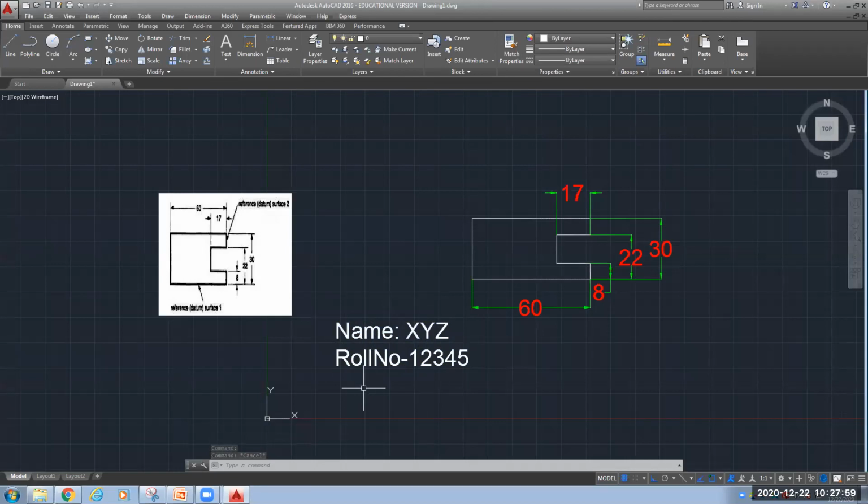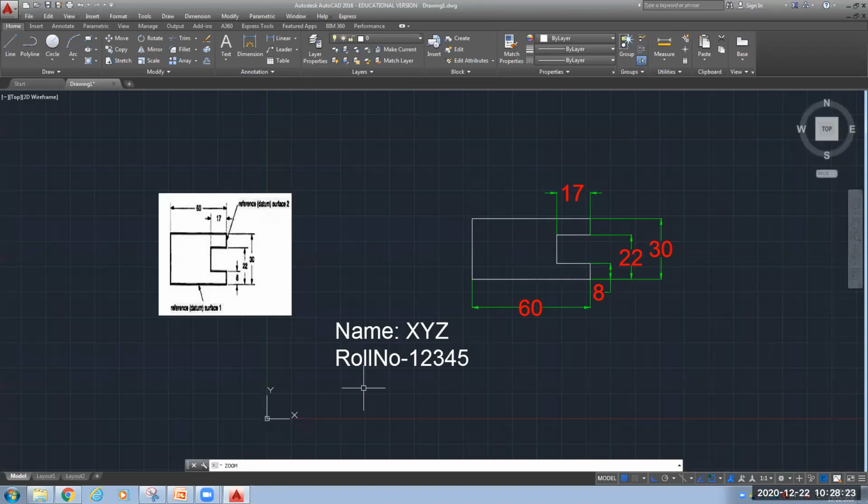One more thing I am telling you: for using the previous command, you can use the up arrow of your keyboard. See here, I'm going to press the up arrow. Now you can see in the command line, whatever commands I have used in sequence will come.